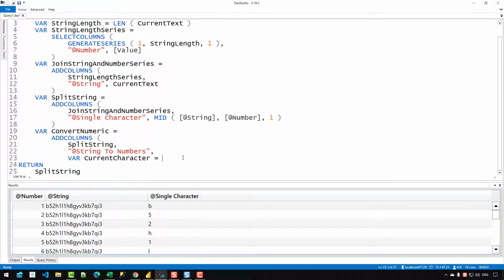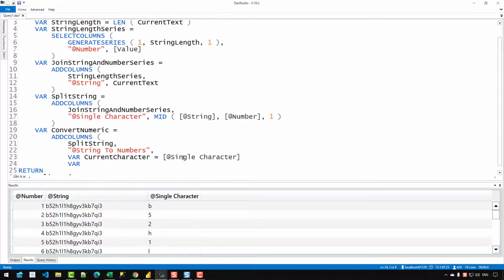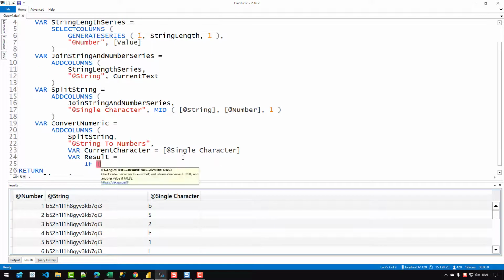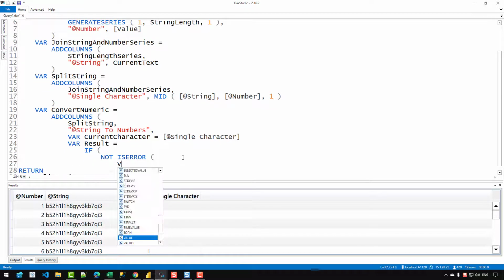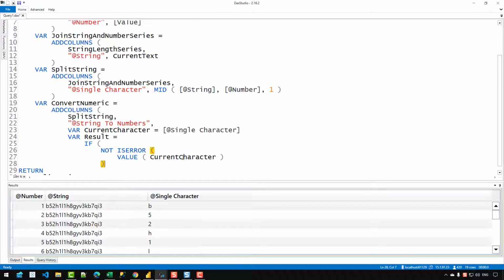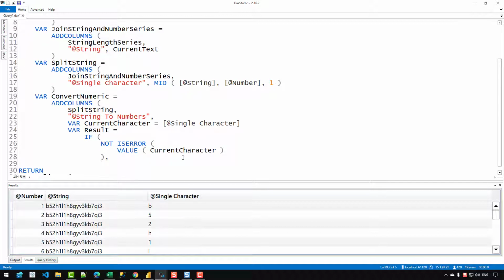So I can write single character, and then I'm going to create another variable which will be result is equal to if not is error value current character, and in case that is not an error, I just want to convert that character to the number.